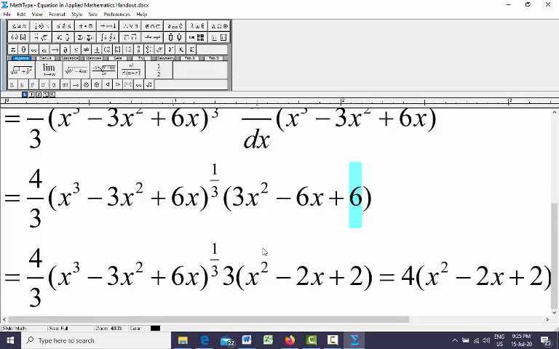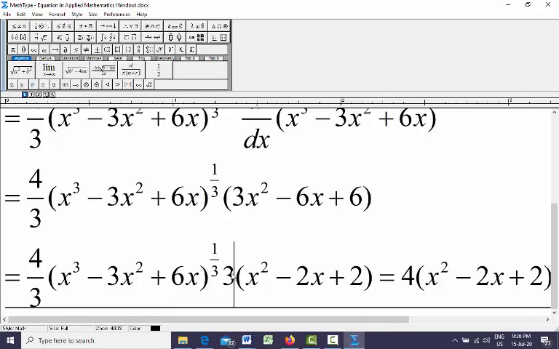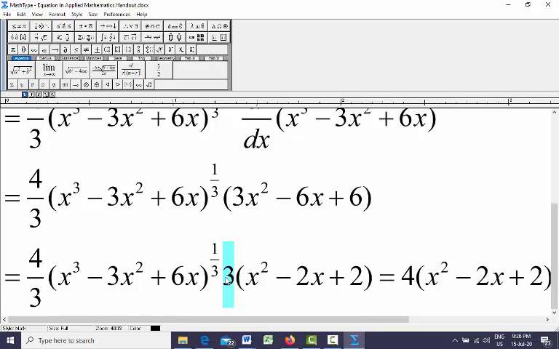Now as you can see, this 3 will cancel this 3, right? Because all of these are in multiplication. So this 3 will cancel this 3. So we have only 4 here. So that means 4 multiplied by,